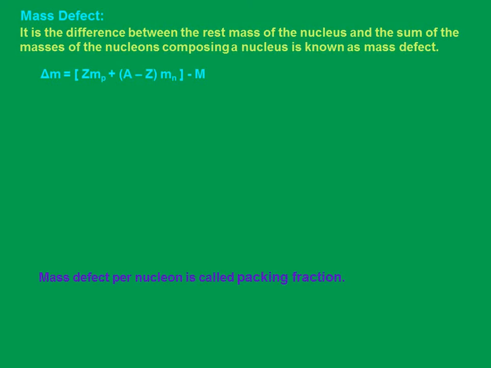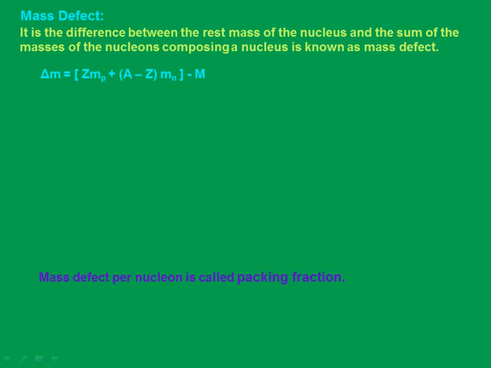So, very interesting one. Further development of the topic is based on this mass defect alone, because from the observations made experimentally, by a number of experiments, the rest mass of the nucleus of a stable atom is always less than the mass of the constituent nucleons in the free state. And that is what we call mass defect.